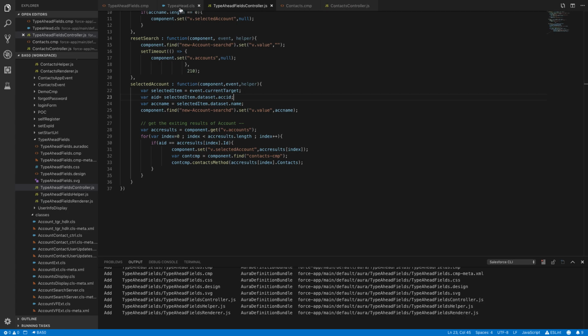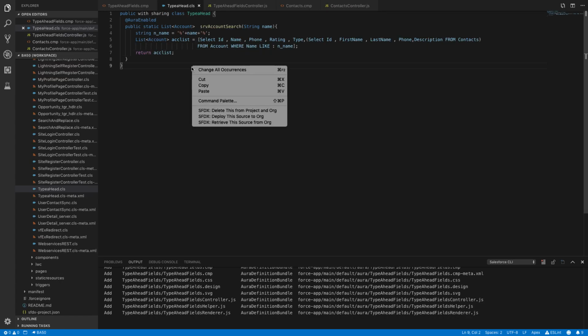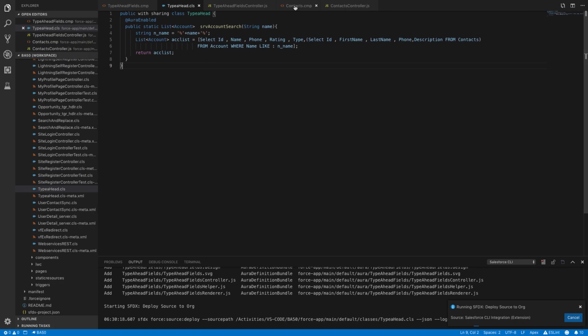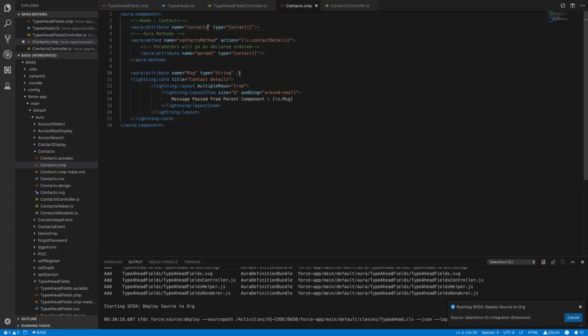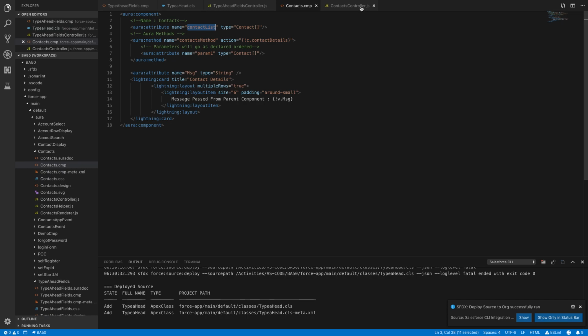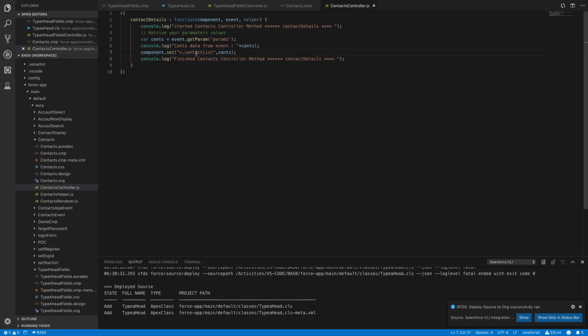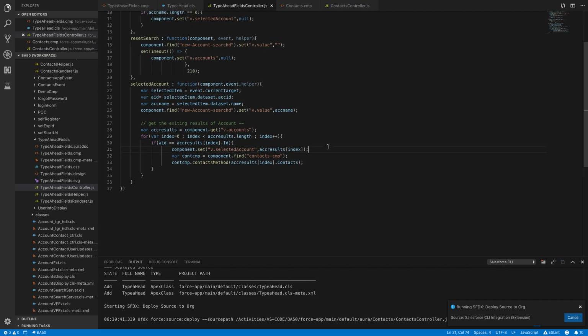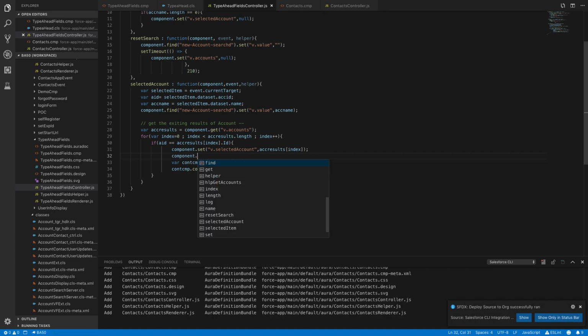Contacts, correct on the right. Controller, component class. Select ID, contacts. Deploy. Here essential, contact list. Deploy. Interesting. Component dot, sorry, let's say console dot log